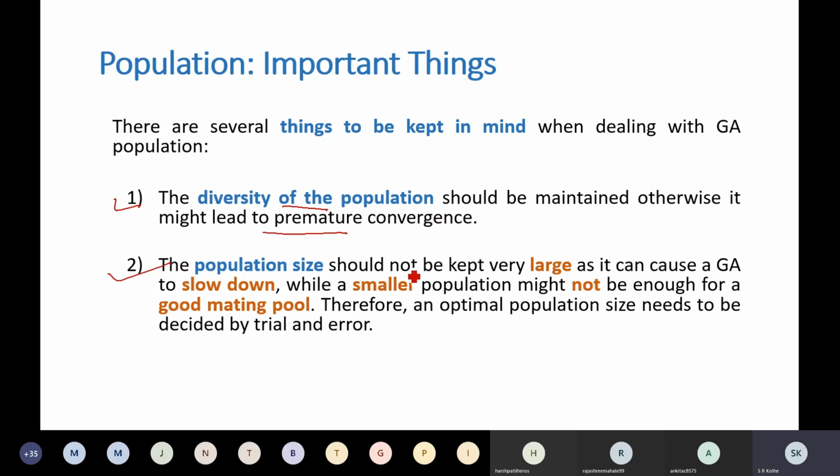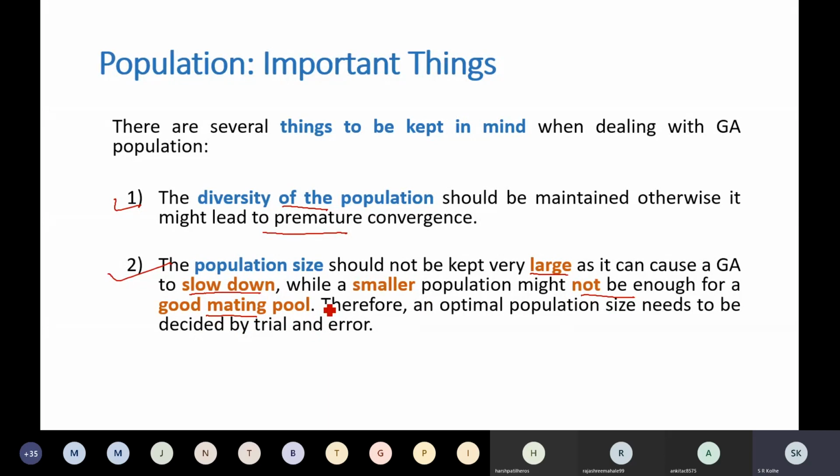Then population size should not be kept very large, as it can cause the GA to slow down. So the size of the population should be limited, while a smaller population, if it is too small, might not be enough for a good mating pool. You may not be able to select the better individuals.